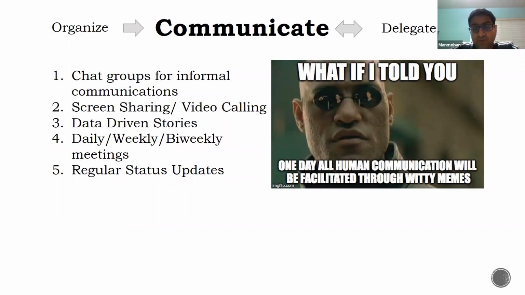Some of the tools that have worked for me include chat groups for informal communication. So whenever I start working on a new product, I create some informal communication channels between, say, our finance teams, marketing teams, and if there is a cross between, say, our operations team and our tech teams, I create some informal communication groups which act in a similar manner to how hallway conversations would, to communicate with them and create a lighter environment where nobody's judging you all the time.